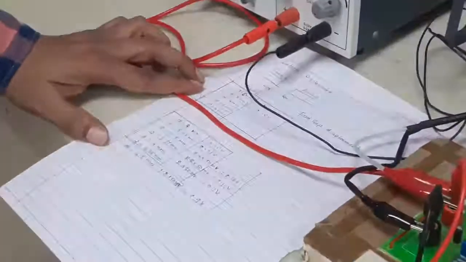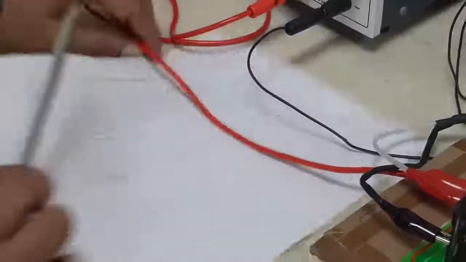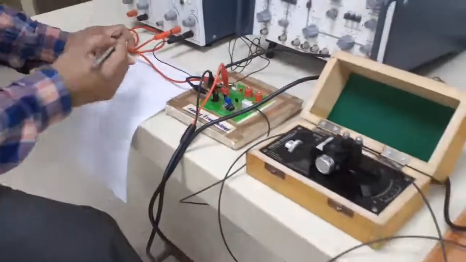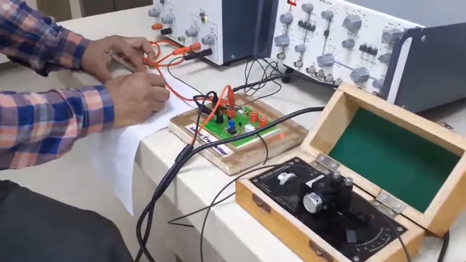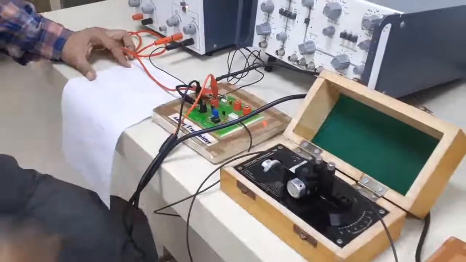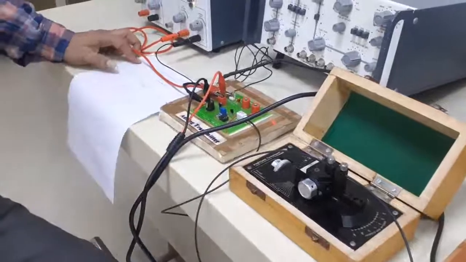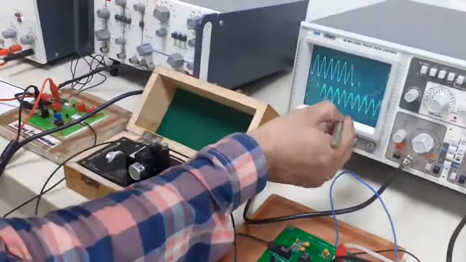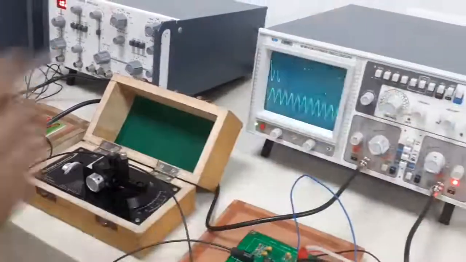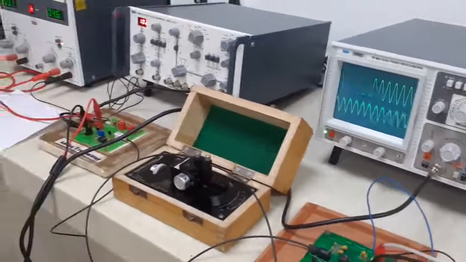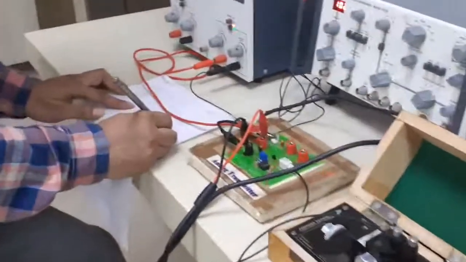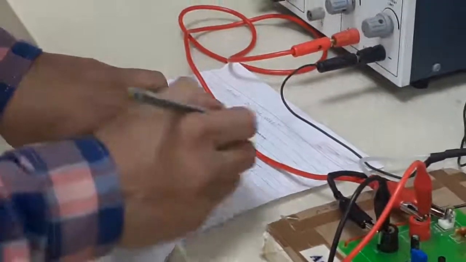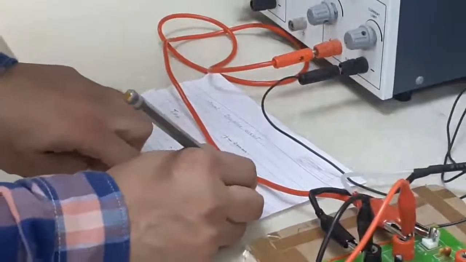Okay, in this table I have initially taken the default value D equal to 3 mm. For this D equal to 3 mm, currently my lateral displacement is 0 mm. Now for that 0 mm, my output is about 2 divisions into 50 millivolts, so 2 divisions multiplied by 50 millivolts is 0.1 volt, that is 100 millivolt, is my V output,